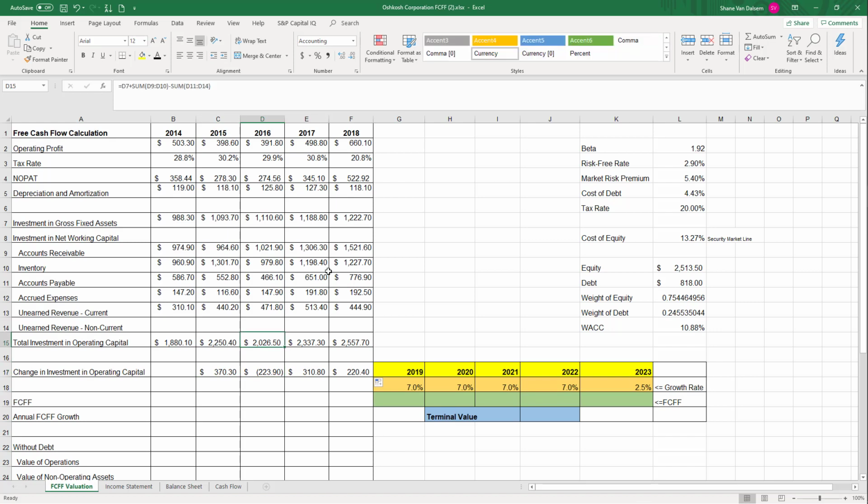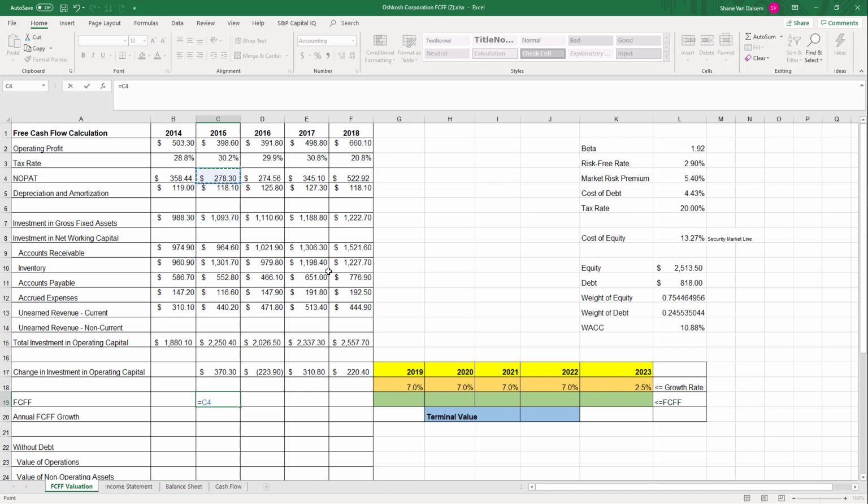We can look at this and we can see what happened there. And it looks like their amount of inventory went down a lot in 2016. That can be a good thing. Maybe they did a good job selling stuff. It certainly did not rise back up to the amount they had in 2015 during this time period. And that was the main driver of that negative investment in operating capital for 2016, is that they got their inventory down. So what we want to do here is for the free cash flows to the firm,